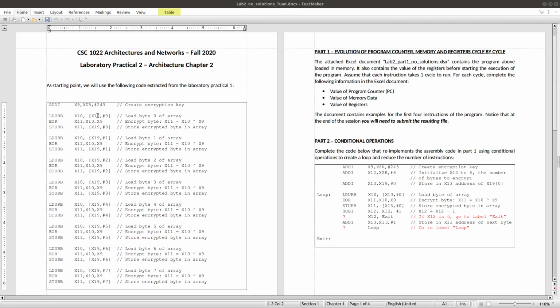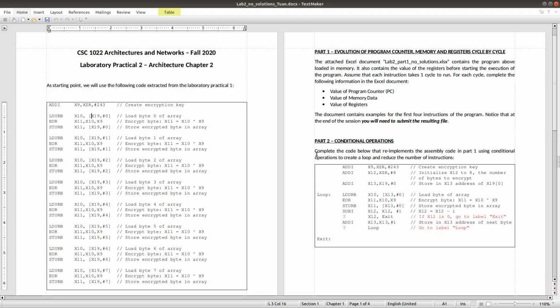instead of the same base address. We will increase the value of the base address one by one each time. And the offset address stays the same, so in that case we can gradually increase the memory address that we want to read data from and store back to the same location. So we will need only 3 instructions together with a few more instructions for increasing the base address. With that consideration, we move to this part 2, conditional operation.